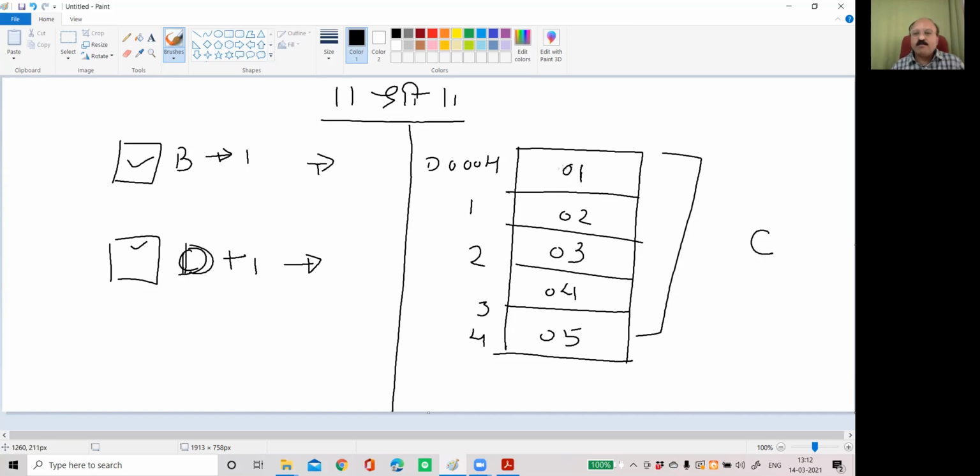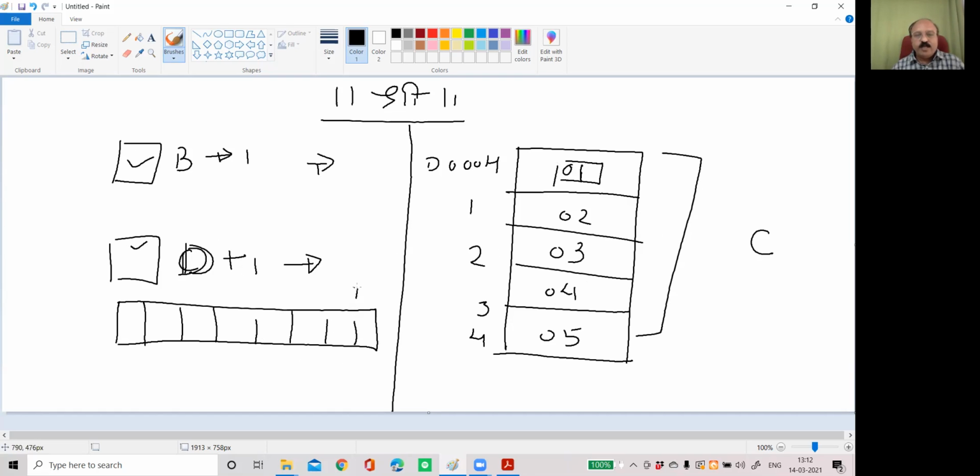Now, how to check whether this particular number is odd or even? It is very simple. When we take this data to the accumulator, the bits are D0, 1, 2, 3, 4, 5, 6, and 7. How will you find what D0 is? Move this 1 to the right with carry.